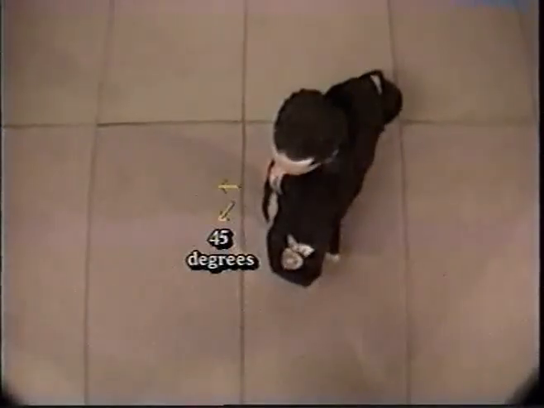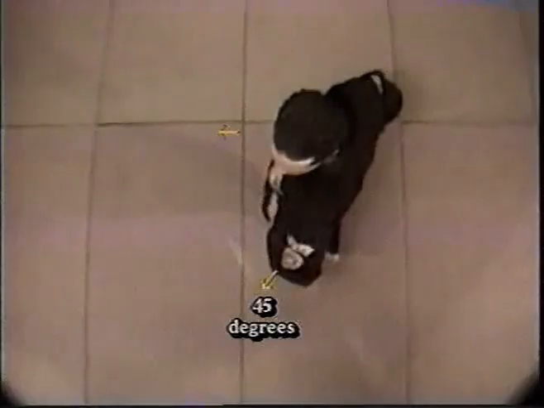Top view. Have your hips line up with your shoulders. Place your left foot on a 45-degree angle to the wall in front of you. Place your body on a 45-degree angle to the wall in front of you. Have your right foot face you in a vertical and upright position.